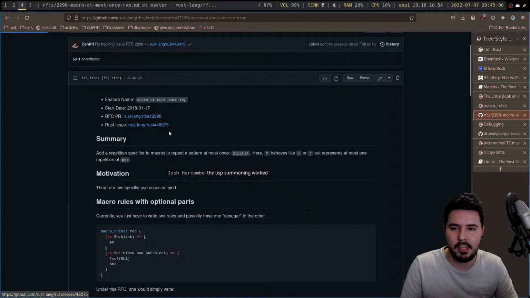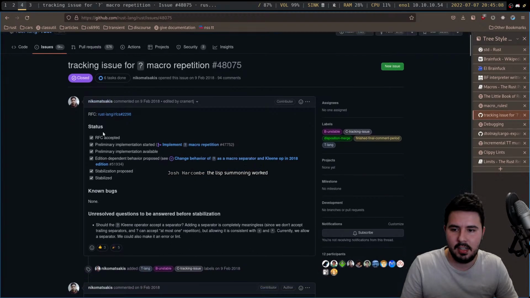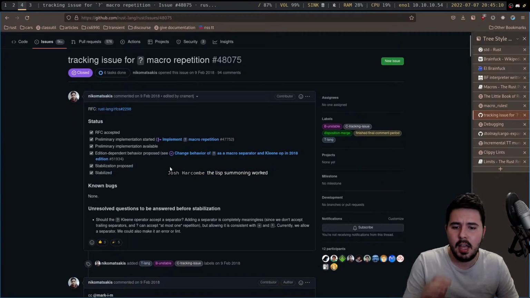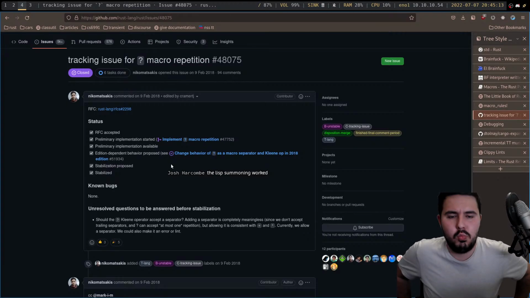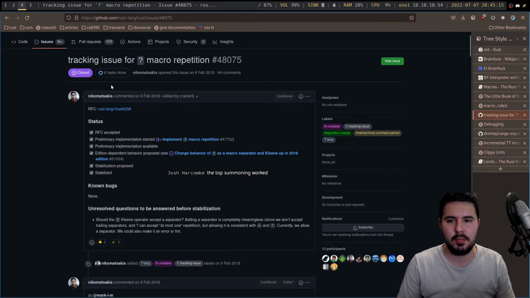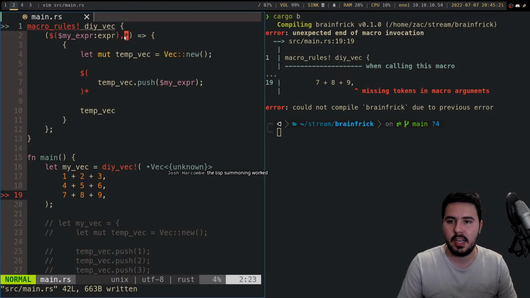If we go to the tracking issue, you'll see that it's closed, stabilized. I think it's been in Rust since about 1.25 or something like that. The issue was made in 2018, so around that point. So we could actually say at the end here,